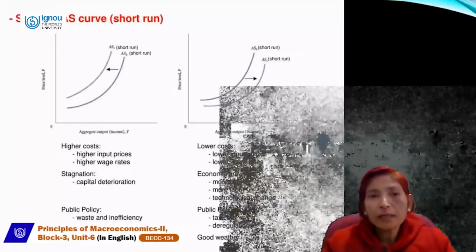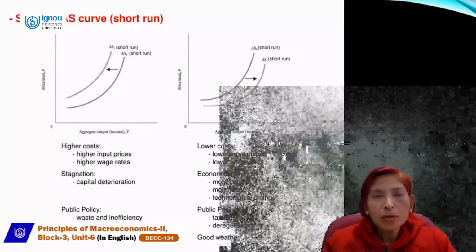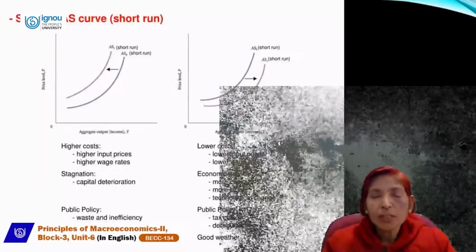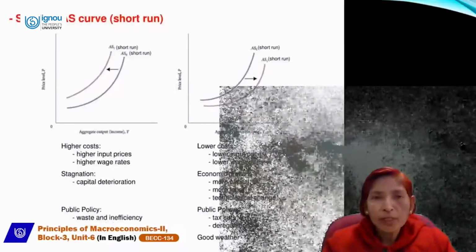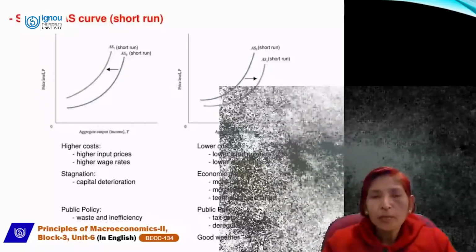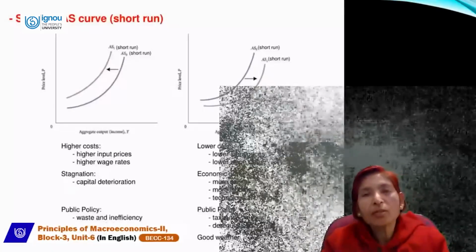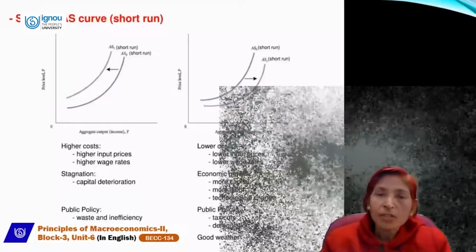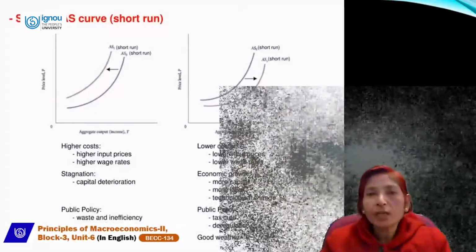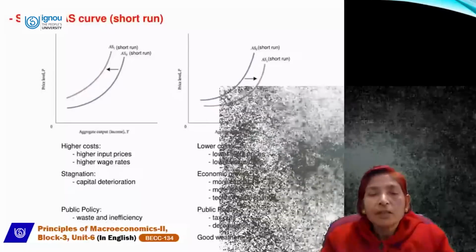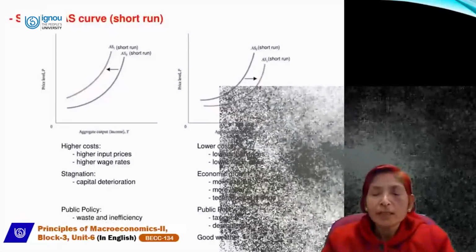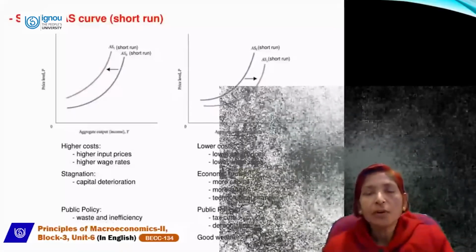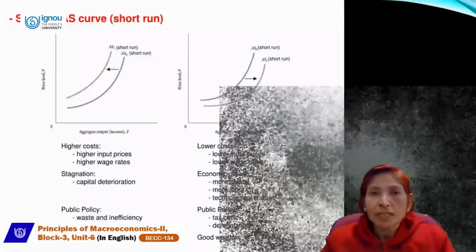It has also so many reasons. Like if there is a lower cost of production, then the producer will be encouraged to produce more because cost of production is less. Then the producer can earn more profit and can produce more at minimum cost. You know that each and every producer wants to gain maximum profit at minimum cost. If cost is minimized, then the producer will be encouraged to produce more goods and services. In this situation, aggregate supply will rise and the curve will shift to the right hand side. And if aggregate supply falls, then the curve will shift to the left hand side.